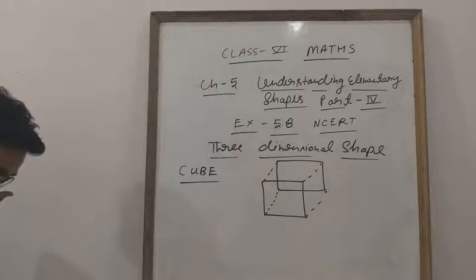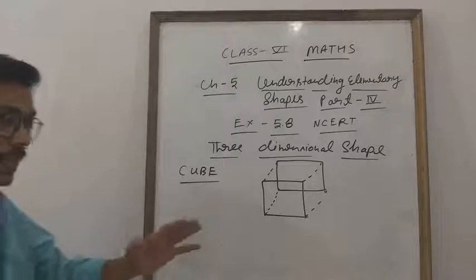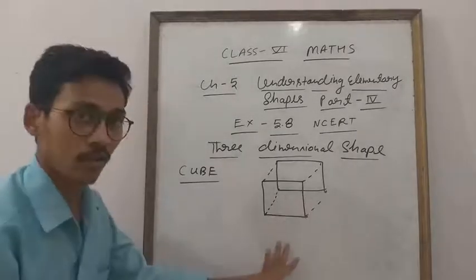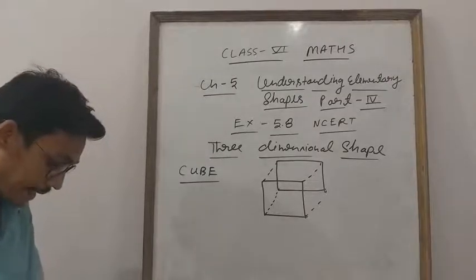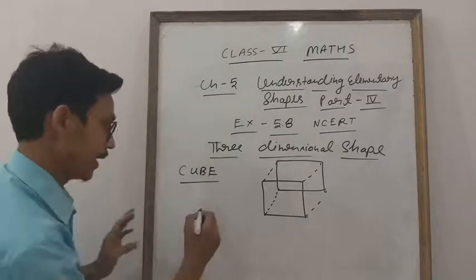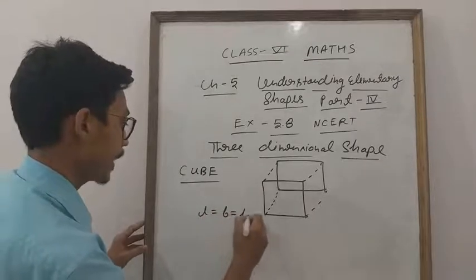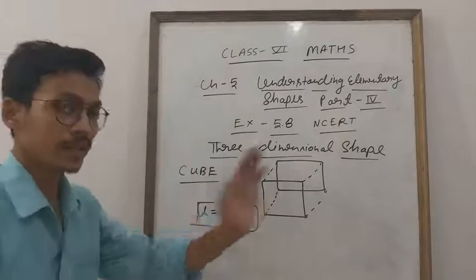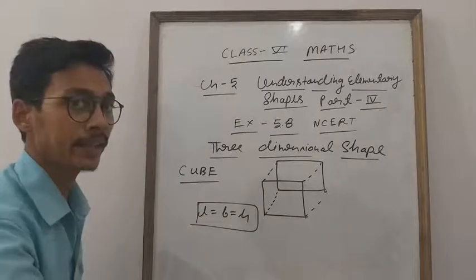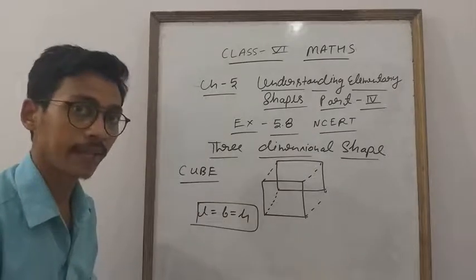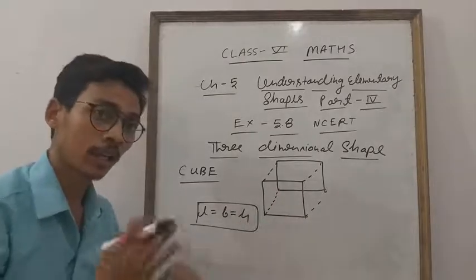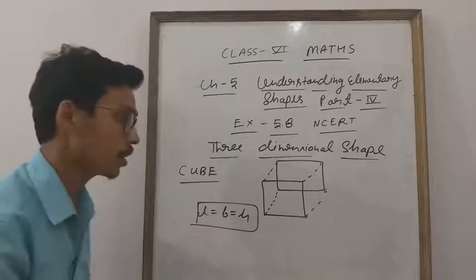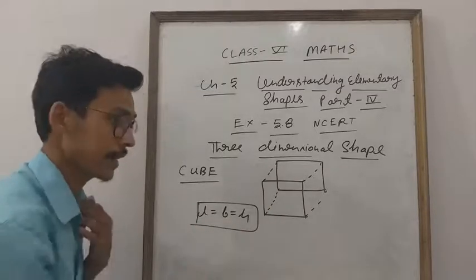What is the example of a cube? You will find out it has 6 faces. Look, it is given: a cuboid in which length, breadth and height are equal. Now cube means its length, breadth and height are equal. It means, look, when we draw a cuboid, in a cuboid length, breadth and height are not equal. But here you can see length, breadth and height are equal. So the cuboid whose length, breadth and height are equal is known as a cube. Clear everyone.